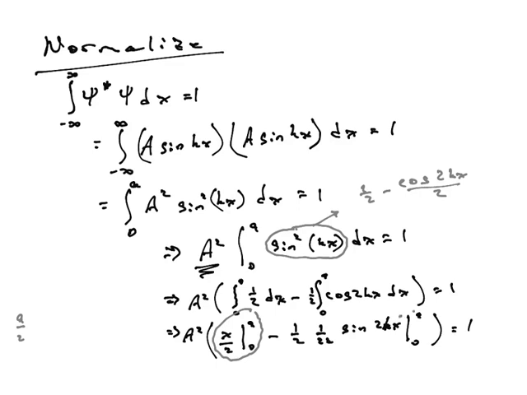Let's look at this. We have 1 over 4k sine of 2ka. So we get 1 over 4k sine 2ka minus 1 over 4k sine of 0. Well, that's just 0, so we don't worry about that. So what we have